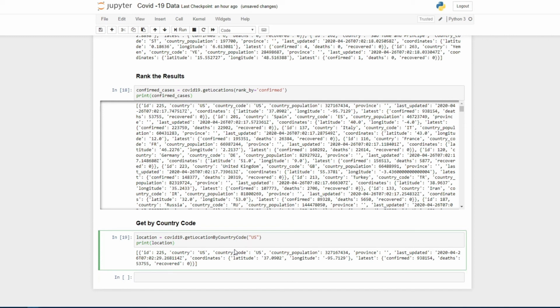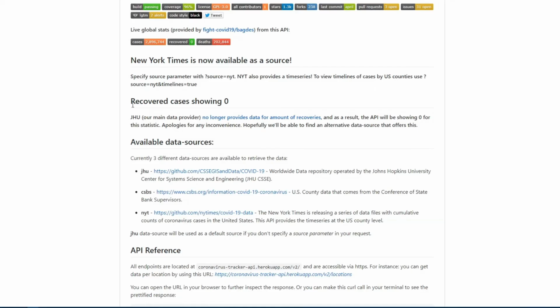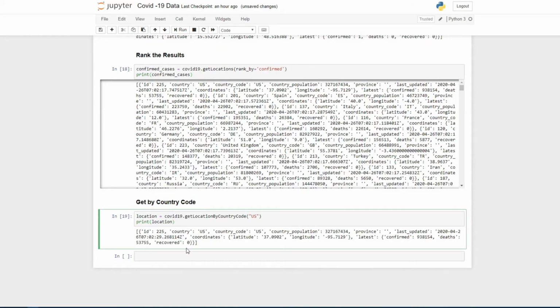Okay, so we chose US, so the ID is 225, then the country population is this, then the confirmed cases is around 9 lakh, the deaths are 53,000, but the recovery is still 0 because JHU doesn't provide any data of recoveries with this package, so that's why it is 0.